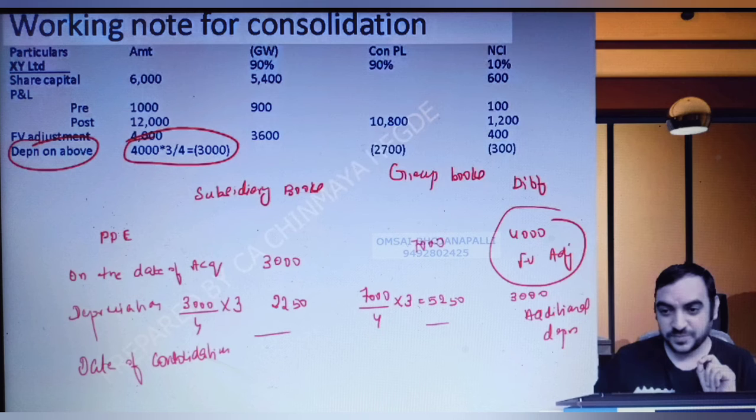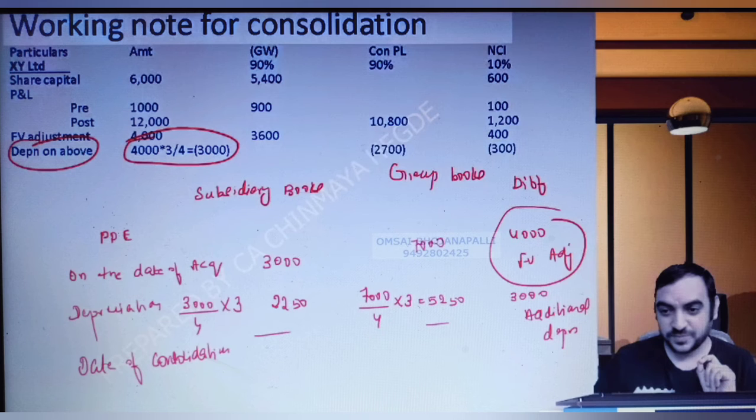This net amount is not required, this amount is not required, so the differential we get is 3,000, and this is the additional depreciation. Actually we don't have to show so much, I just did this to make your logic stronger. This much calculation is not required. How can we do it directly? Fair value adjustment is 4,000 and this will be depreciated over a period of 4 years, and we are done